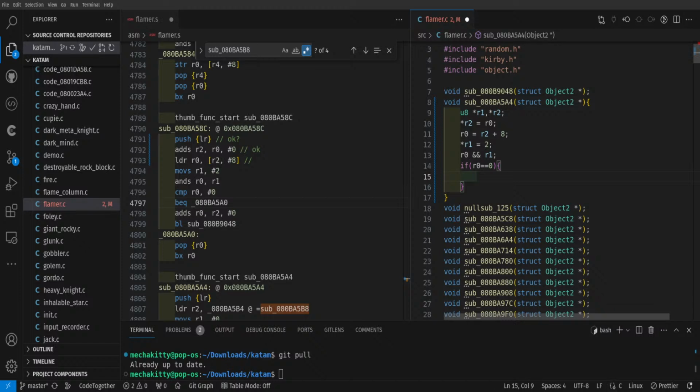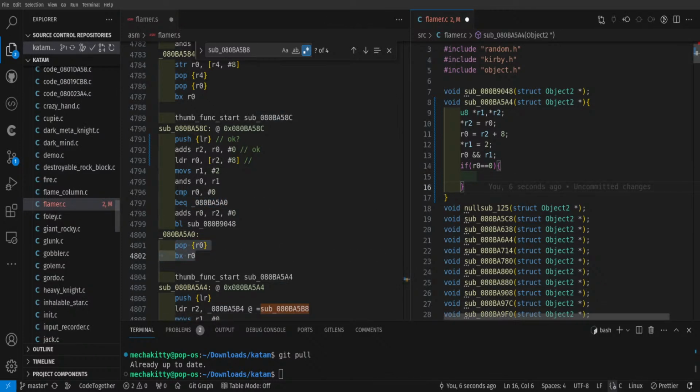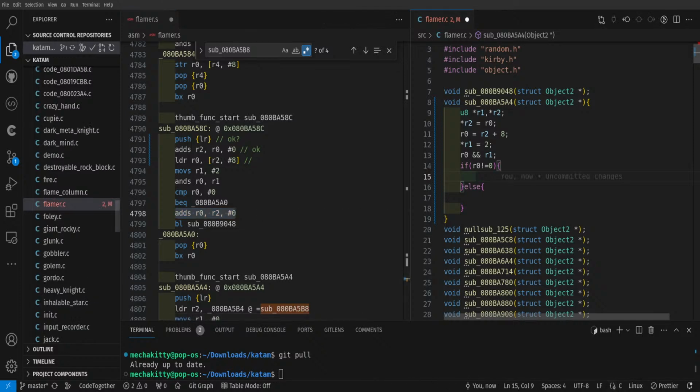Branch equal to this position, so this is pop, else adds. So I'm gonna do it like this, just to continue with the same logic. R0 receives R2 plus 0, forget plus 0, and then